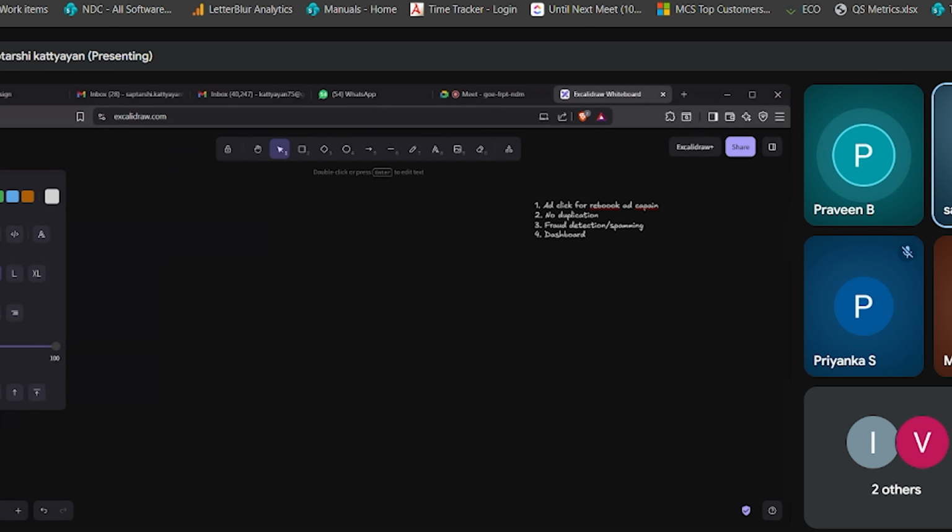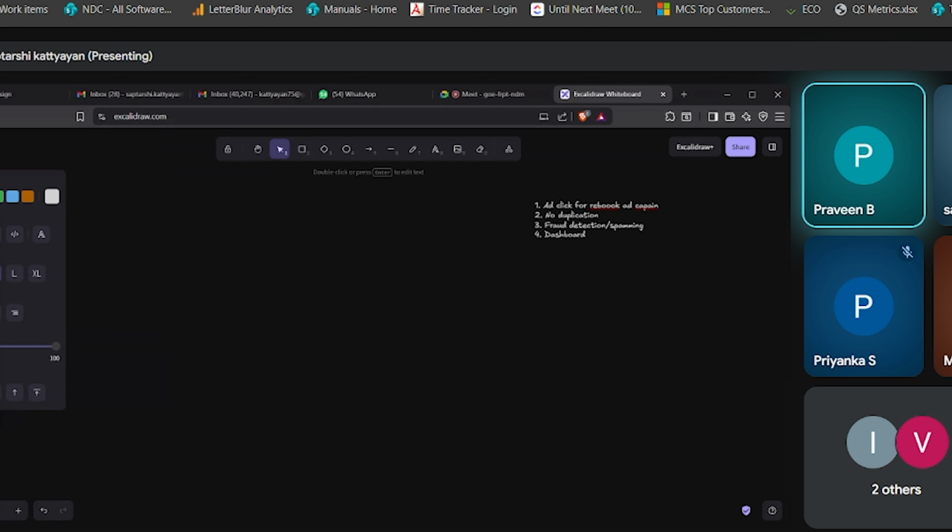For now, we'll keep it out of scope, but you can have a simple module for the future. Right now, let's just focus on the aggregation system. Okay.